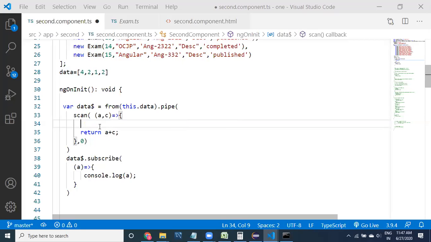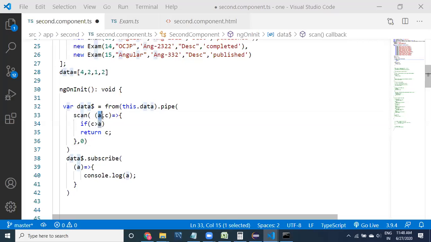So what I will do is, if c is greater than a, I'm going to return c. I'm not going to modify the value, just whichever value is greatest, it will be printing.